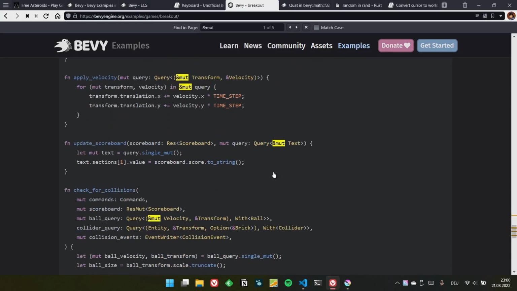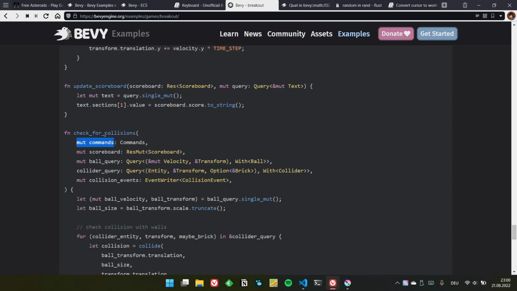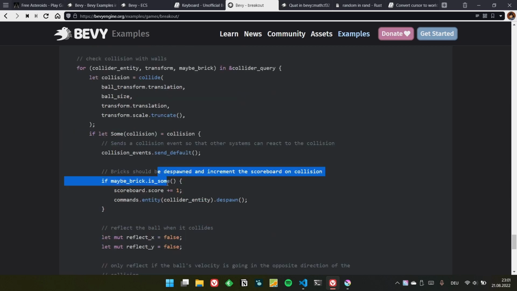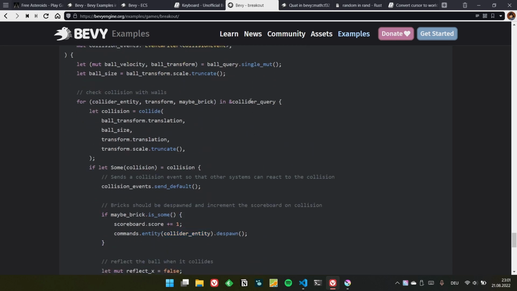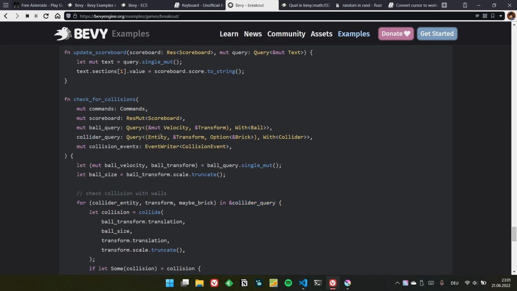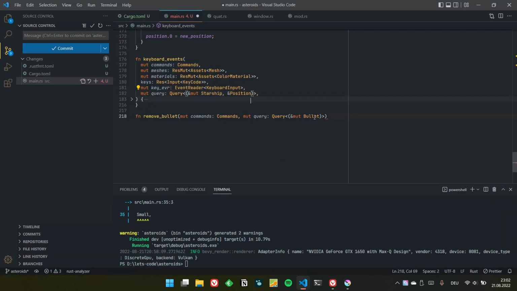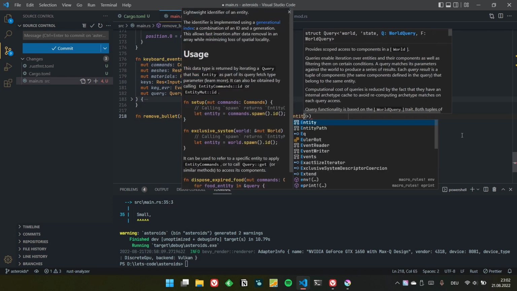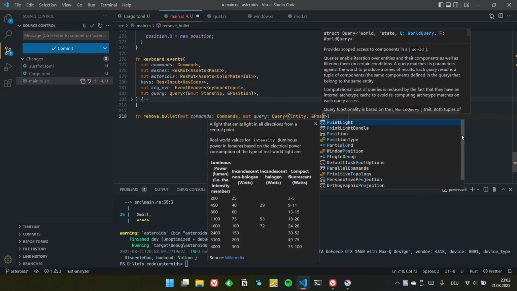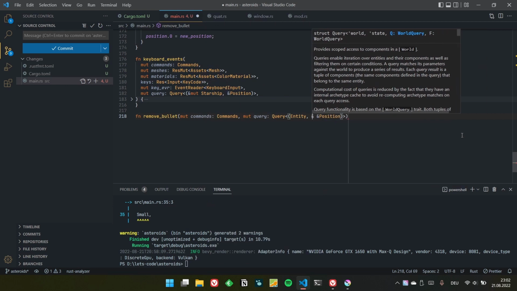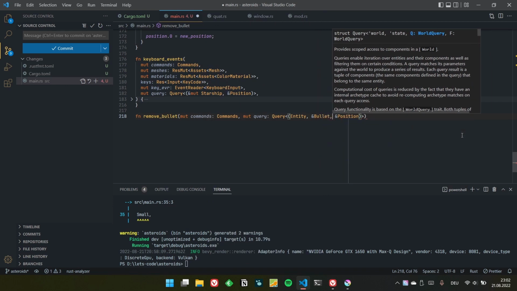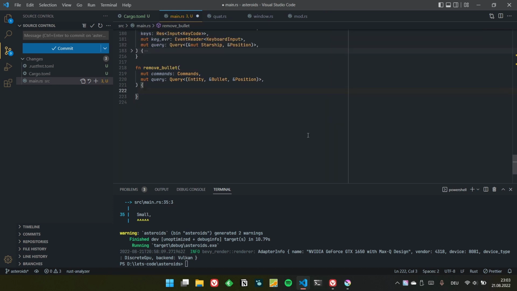Let's look at the breakout example. Check for collisions. We have a mut commands. If there's a collision, we just say commands.entity collider entity, which comes from the collider query, which has an entity. So we want to take control of an entity, and we want to check the current position of the bullet, right? So we would then, for entity